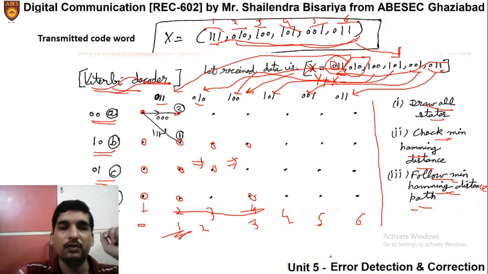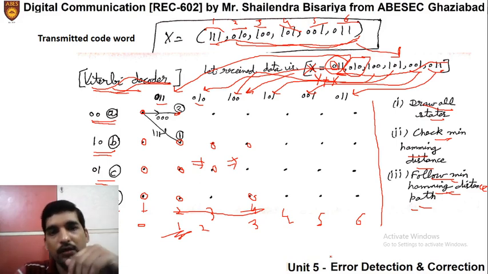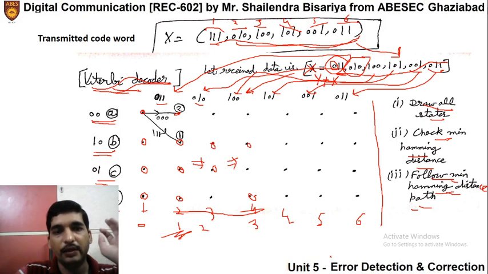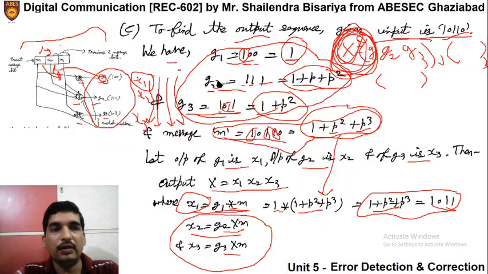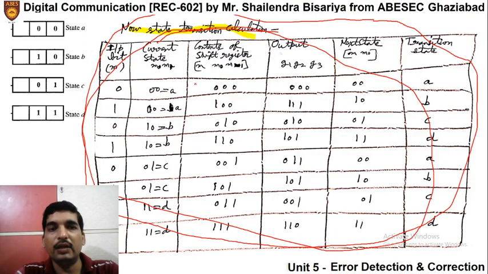Okay, so let us proceed further and do it, so it will be clear to you perfectly. Initially we have drawn this. Now let us proceed with the first case. Initially in state A, we must remember the state transition diagram. If you do not remember it, you can write the state transition diagram in your copy before proceeding further. Because of less space, I am not repeating this diagram in parallel to the Viterbi. You can note it in your copy.